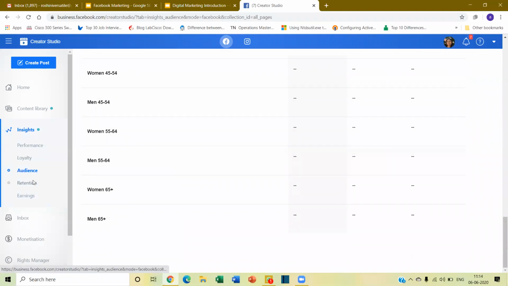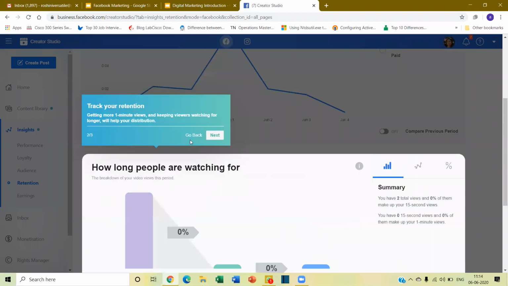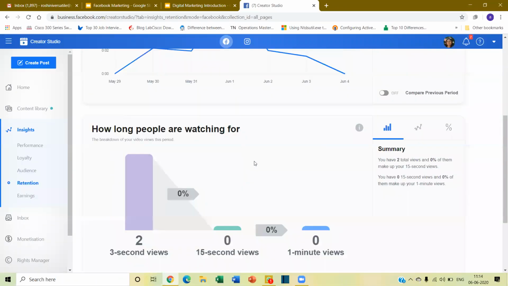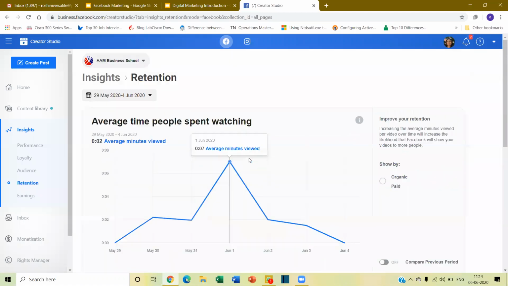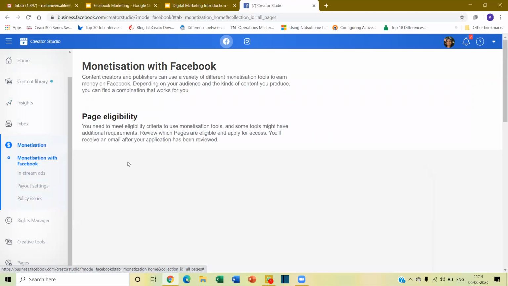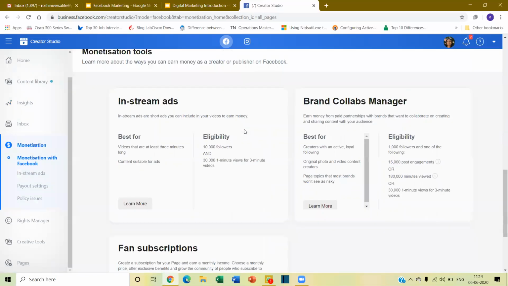It will show you the retention and all that, the time for which we are retaining people, everything. It has very clear insights, and a comparison is even possible. The Facebook page also has insights, but in Creator Studio it will be more appropriate to see how these insights are working. That's the idea. And I can even check my monetization also, how it works.